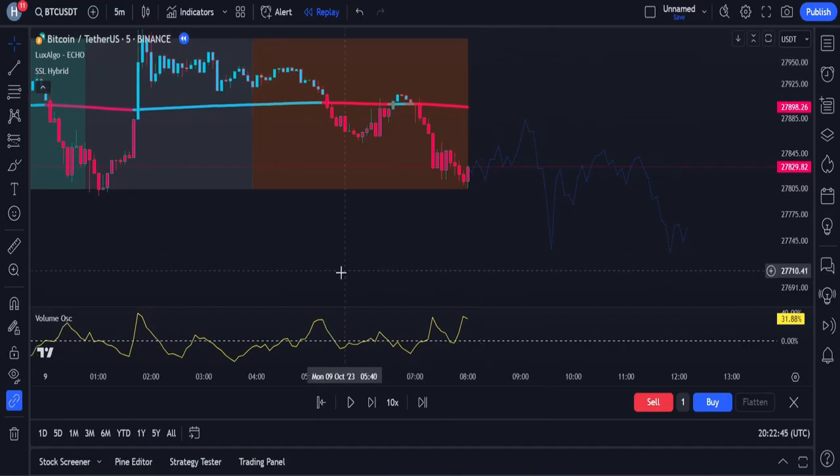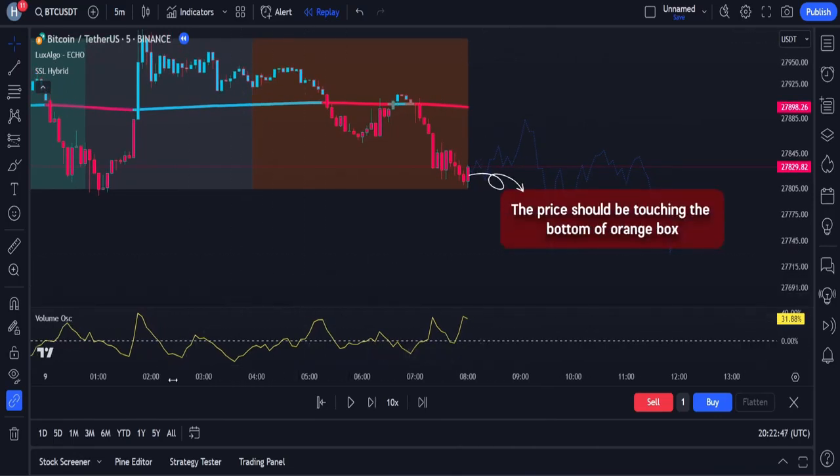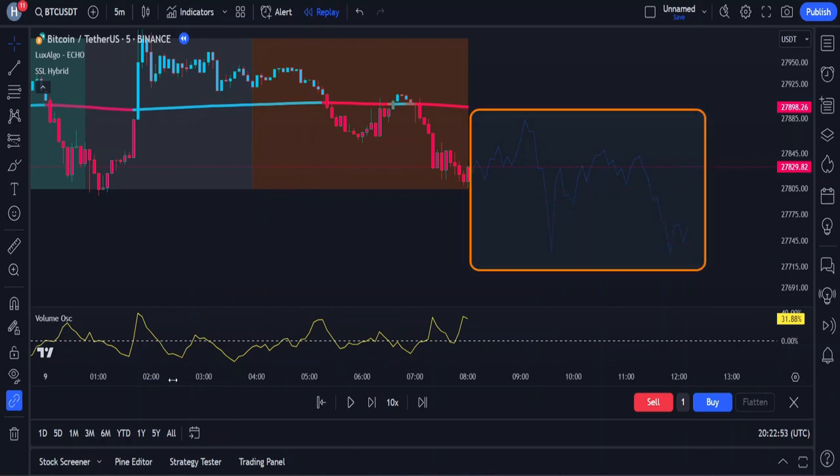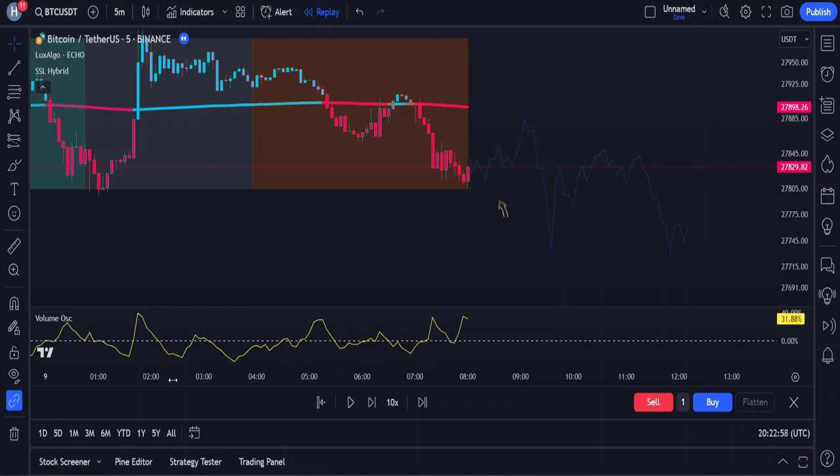First of all, for a sell trade, we first will need the candlestick to be touching the bottom of the forecast window. We will also need the forecast line to be pointing downwards, indicating that the downtrend will continue. If we look at the candlestick color, we see that it is also red, meaning that the SSL hybrid conditions have been met. The same goes for the volume oscillator, because we can see that the volume line is above the zero line. Now that all of the conditions have been met, let's map out the trade to make sure